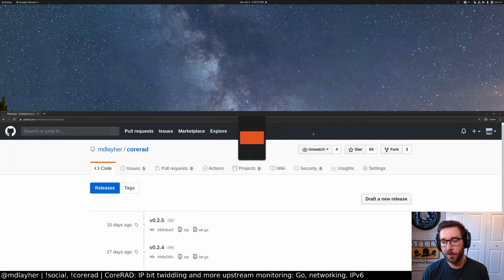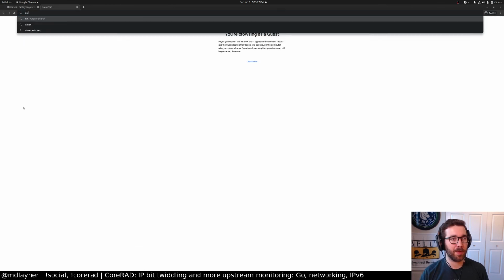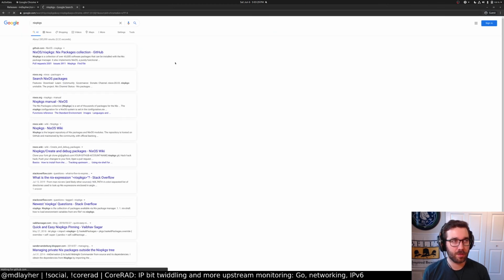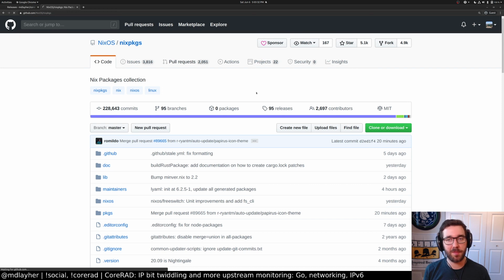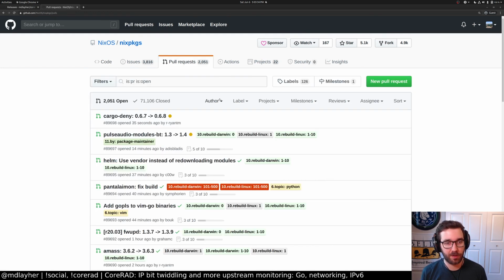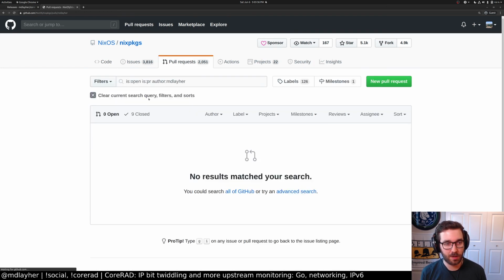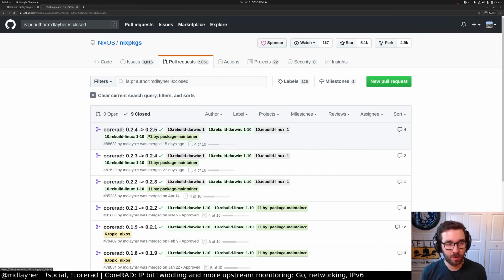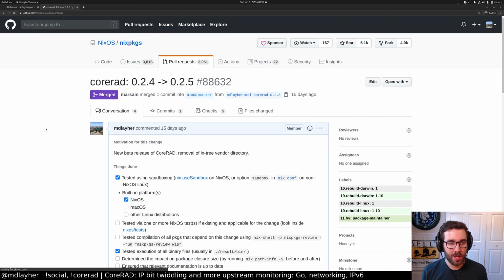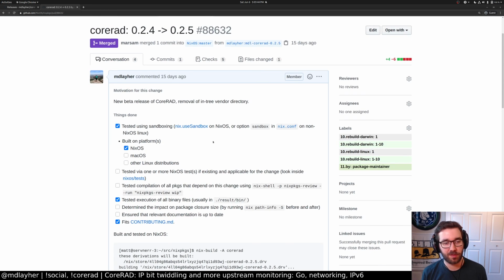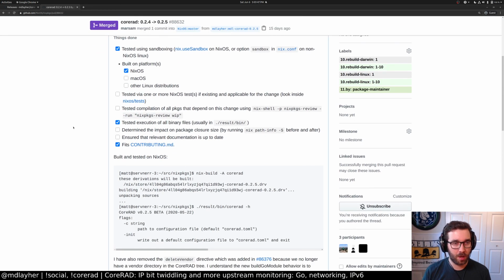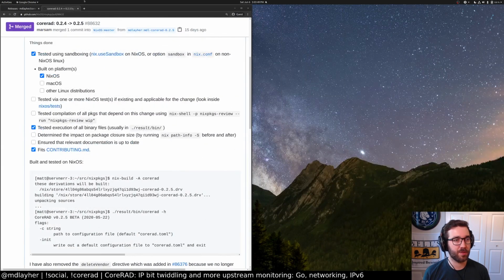So we're gonna open a pull request. Nix packages. We're gonna copy an old one I did because I can never remember all the stuff I like to include. So author me. And by doing this, I'm going to be able to promote this on my router, which is why I am doing this. So we're going to need to create a new pull request.